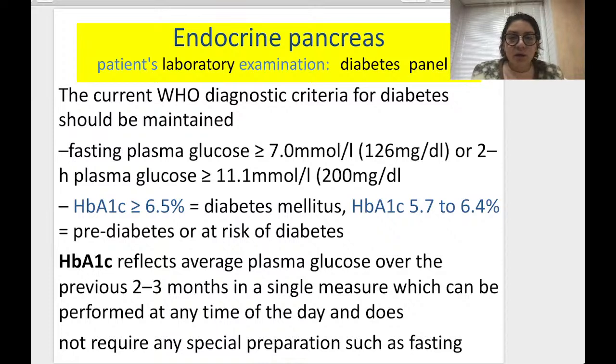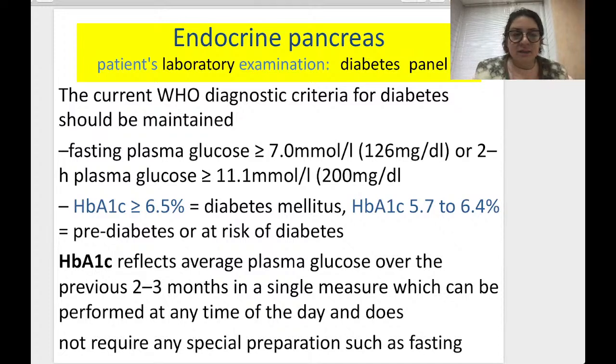And additionally to those tests, glycated hemoglobin has to be more than 6.5, and even for today, it is a more old criterion, I didn't change it. In the latest guidelines, the criterion is 6. Everything higher than 6% is a criterion of the start or manifestation of diabetes mellitus. And glycated hemoglobin more than 5.7, even if it does not reach the criteria for diabetes, tells you about pre-diabetes or